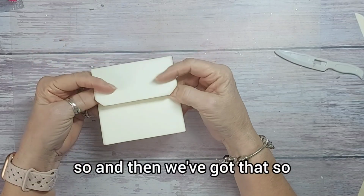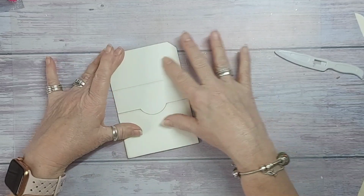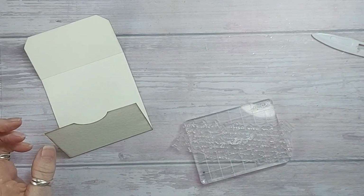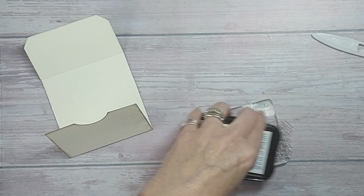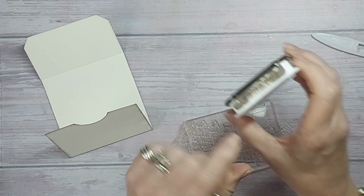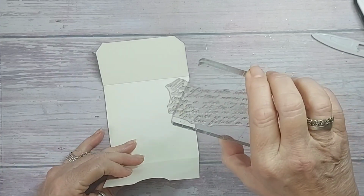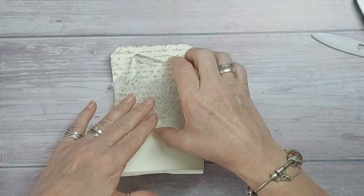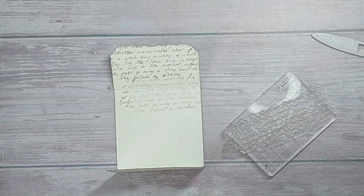Okay, so and then we've got that. So what I was thinking of doing is doing a little bit of stamping on this part. It's too big for that, but it's fine. And again, I'm just going to go with the rich cocoa. And that's what rich cocoa looks like, totally different from that. And whether I've got it upside down or not, I don't know. So I'll just do a little bit here. In fact...